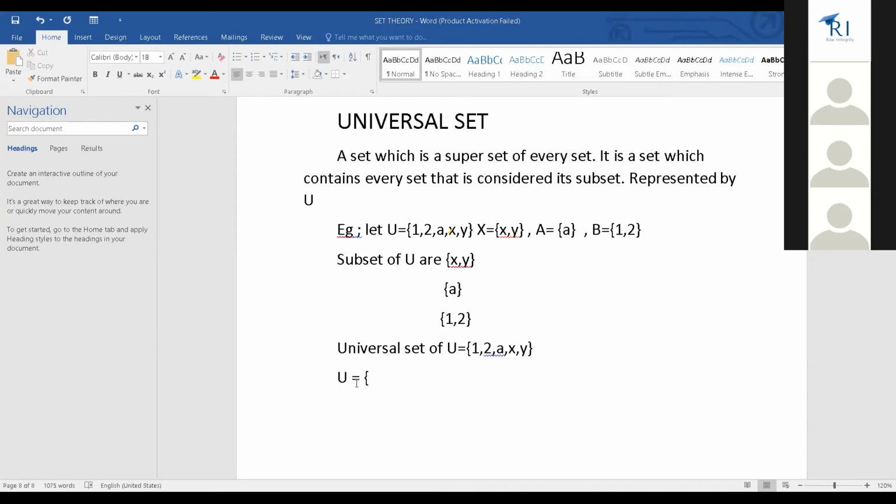The first subset we should write is a null set, like we said. First is a null set. Okay. Then we have 1. Then we have 2. Then we have small a. Then we have small x. Then we have small y. Okay, we can then write 1